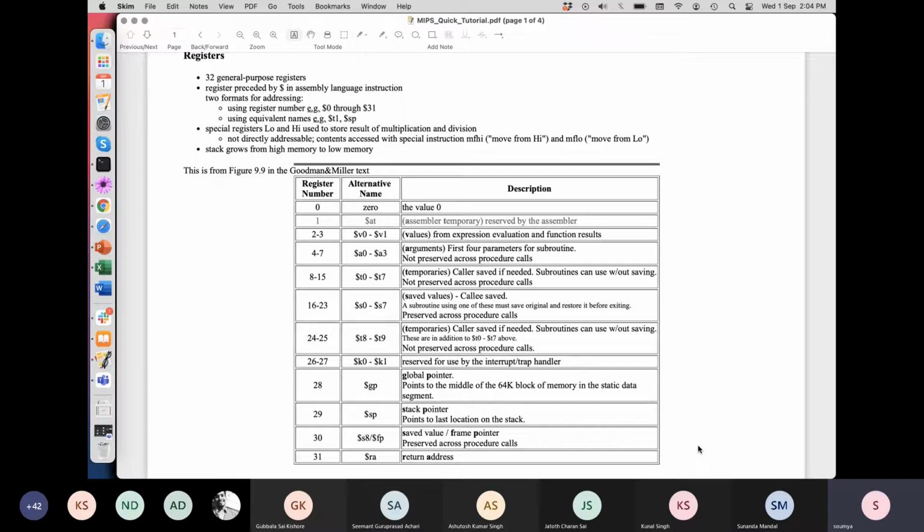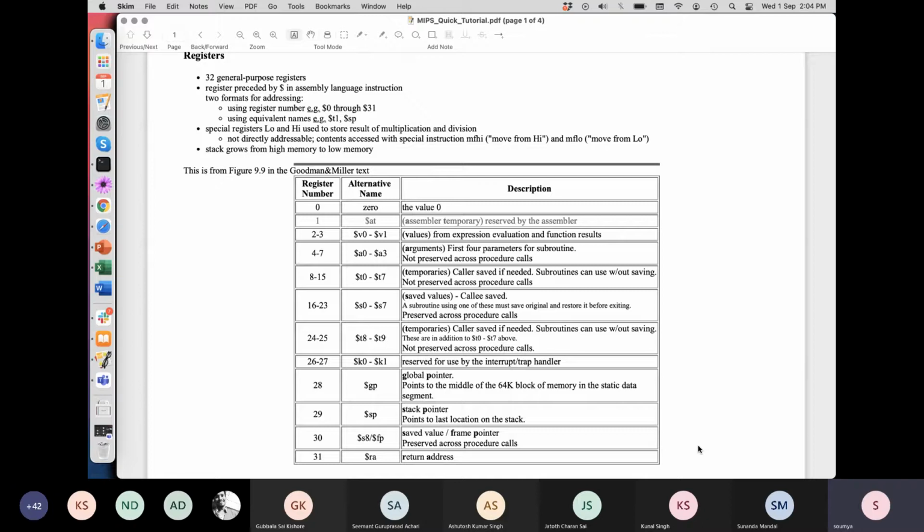Now, when you compile with gcc followed by the file name, -o, and the target, that gives you an executable with that target name. But if you try gcc with the option -S followed by, let's say, hello.c, you will get as output a hello.s, which is the file with the assembly instructions. You can do it on any system and you will get to see the assembly instructions pertaining to your system. Definitely your system won't be a MIPS system, so it will be in a different instruction set.